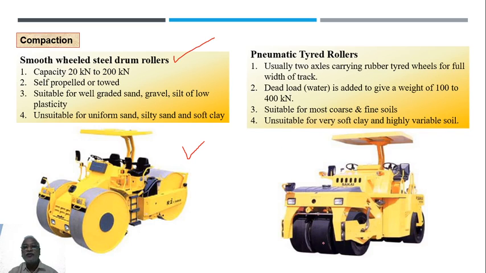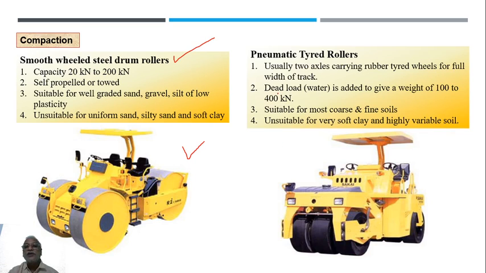Now sometimes pneumatic rollers, so these are nothing but tires only, but the tires will not be having any studs there, it will be a smooth one. So the purpose is to have a kneading action on the soil laid. So we'll read, usually two axles carrying rubber tired wheels of full width of the track. So you can just see there are three of them, one at the center and two at the side, but almost full width. And then there will be three or four at the back side also. So there are two axles which will be having rollers,